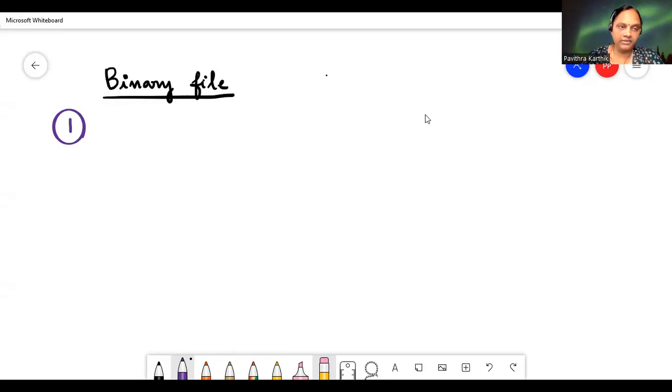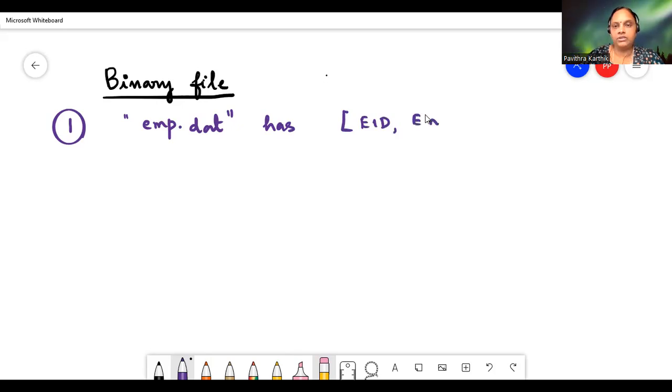So you have a binary file. This is also our case study question this time. Hopefully it is a case study for the theory exam, but it will be helpful for your practical. It has a structure with employee ID, employee name,